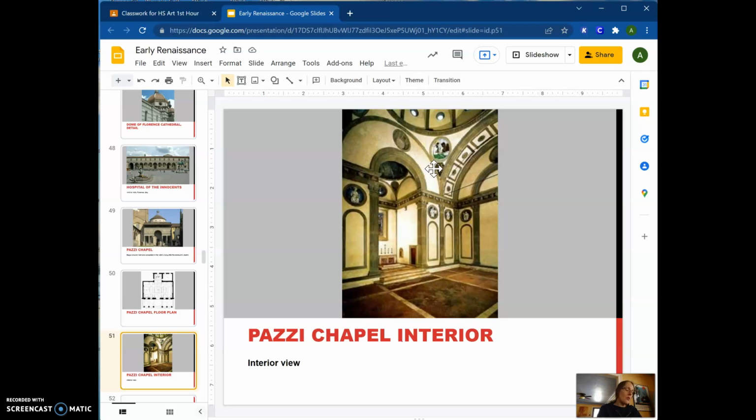He did submit a model for a new palace for Cosimo de' Medici. Again, Cosimo, as you remember, is a powerhouse and finances a lot of the early Renaissance. But Cosimo did not accept his plan. And the reason why, he thought it was too imposing, it was too over the top, it was too glamorous, it was too fancy. And he felt like he needed a nice palace, but it still needed to be simple, humble,